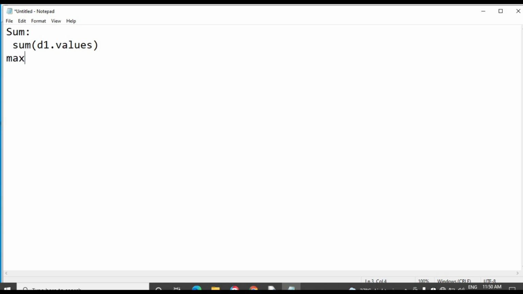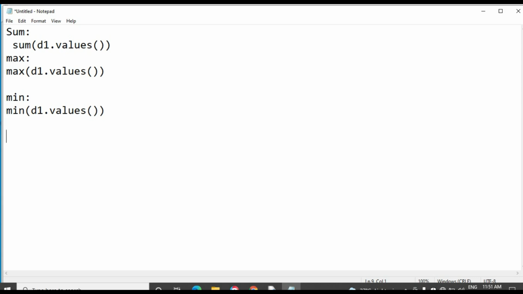Then to find out the maximum value: maximum of D1 dot values of. To find out the minimum value: minimum of D1 dot values of.